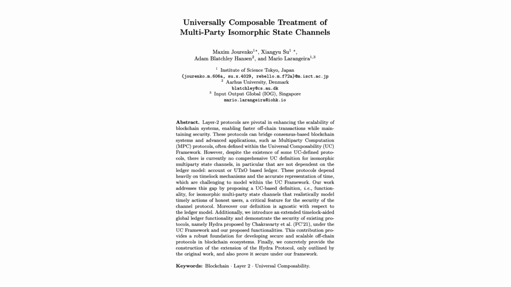Wow, okay, so let's recap. We've journeyed through this critical world of blockchain scalability, looked at the gold standard of composable security, the UC framework, and really dug into how modeling realistic time with those granular read and write delays is absolutely vital for layer 2. Then we saw how this super robust framework wasn't just theory. It was applied to strengthen the security guarantees of a real protocol, Hydra, and even define and secure its hanging transactions extension with that cool early finality property unique to UTXO. This deep dive really hammers home that composable security isn't just some academic footnote. It's fundamental for building reliable, interconnected blockchain systems we can actually trust.